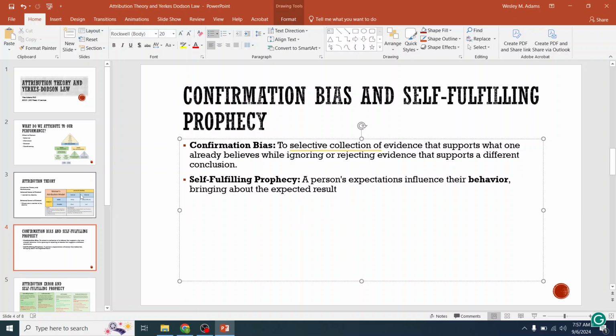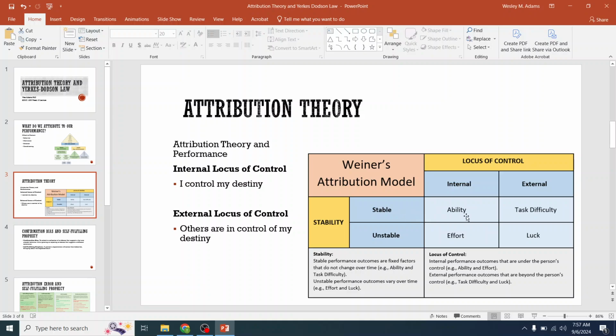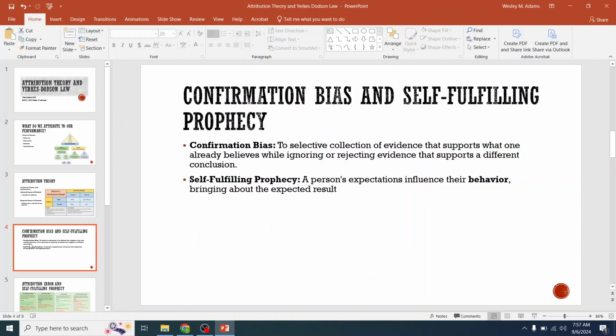And that's why I didn't have the natural ability for the subject matter, or the ability I should have had at that age, because I hadn't been preparing along the way. I had a lot of catching up to do because of that self-fulfilling prophecy. So confirmation bias, you're looking for evidence to support your claim. It can be positive or negative. Self-fulfilling prophecy means that the evidence I'm collecting is impacting my behavior.